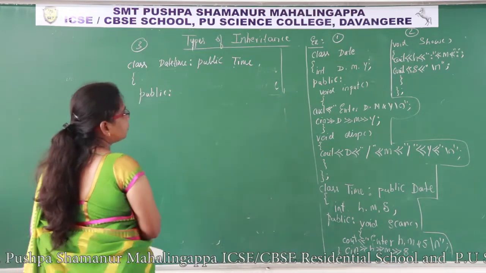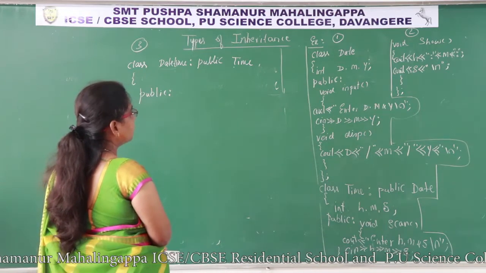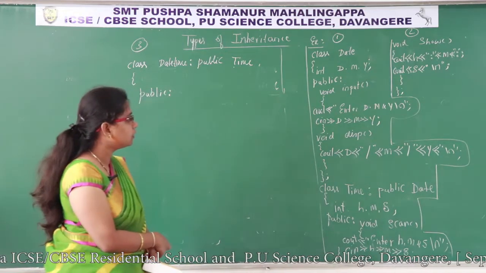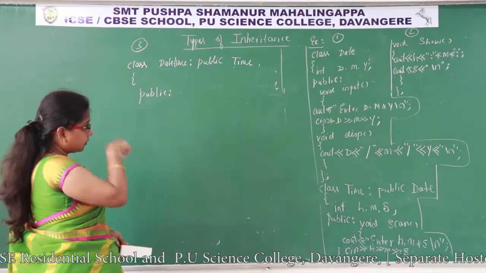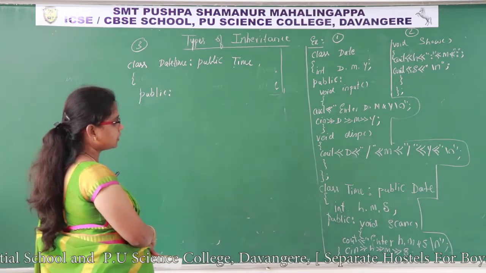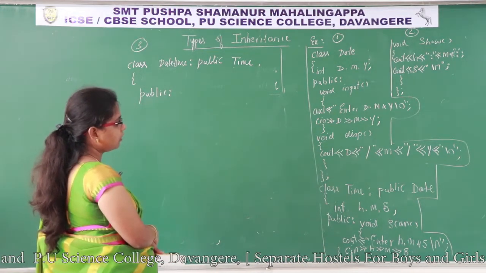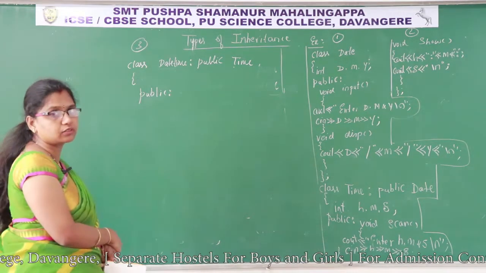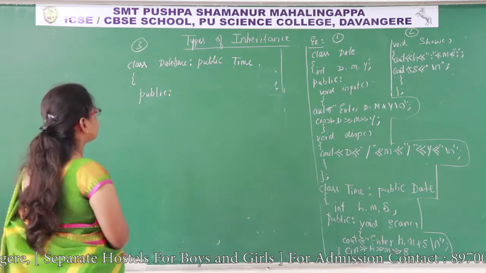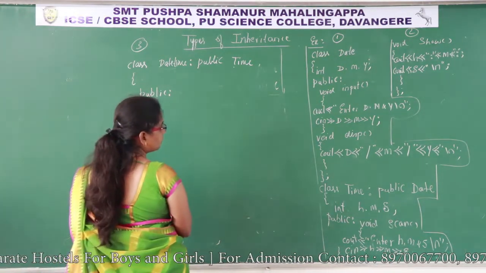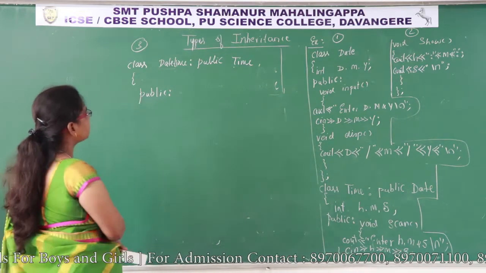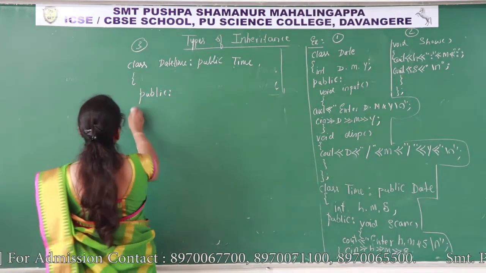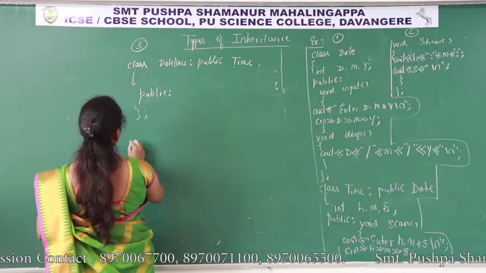So which function do we want to call first? Input function. The input function belongs to class date, it's a public member, and it has been inherited to the derived class, that is time. So the time class has input function, display function, scan and show function. These functions are inherited to the public section of the derived class, date time. So I can take the main function here, void main.